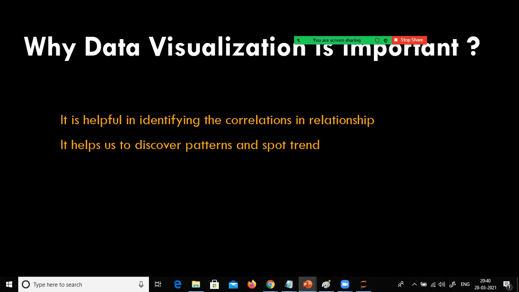Importantly, when we do data visualization, we get to know the correlations between the variables. What do you mean by correlation? Can someone tell me? It helps us identify the correlations between the numeric variables. We discussed. Give me a simple example. An academic example is, as the height increases, the body weight also increases.